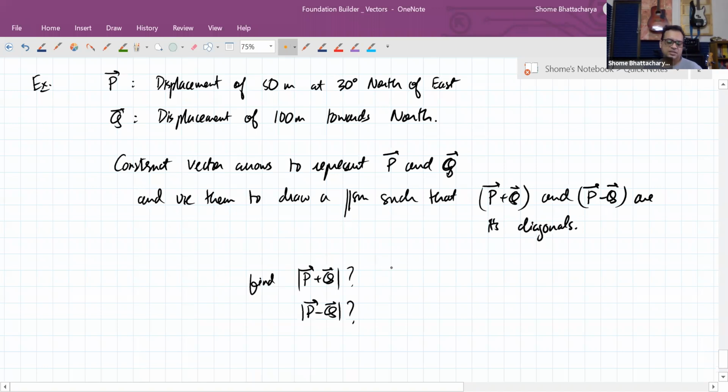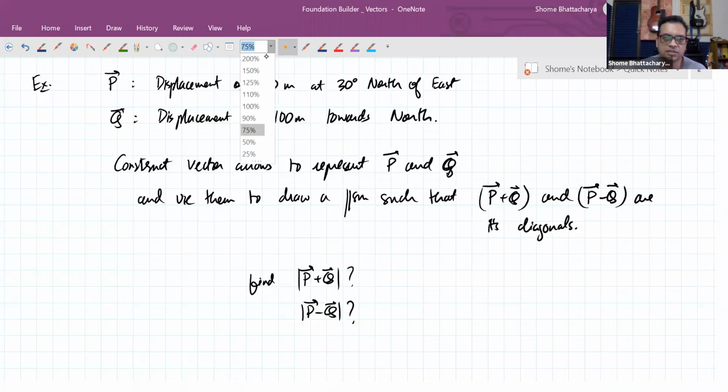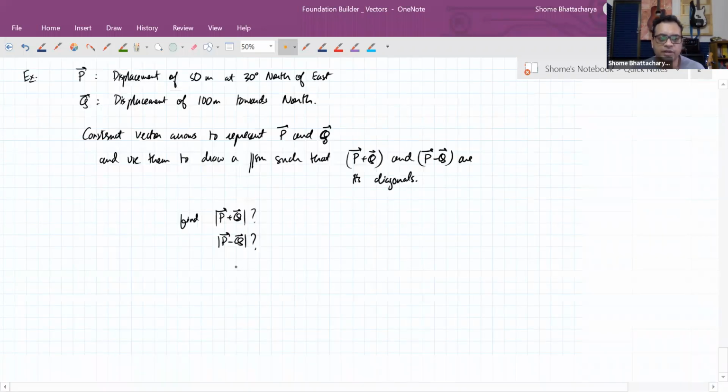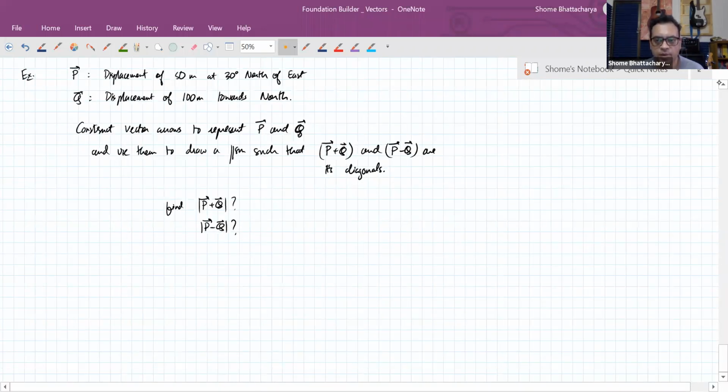So this is just a simple sort of direct application of the parallelogram law that we've just learned before. Okay, should be pretty easy. Just try to work it out. Go with the step-by-step method that you have just written down, or I've just taught you, to construct the parallelogram, and then use the formula to find out mod P plus Q and mod P minus Q. Remember, to find out the magnitudes, you will have to apply the formula. The diagram is not going to help you for that.